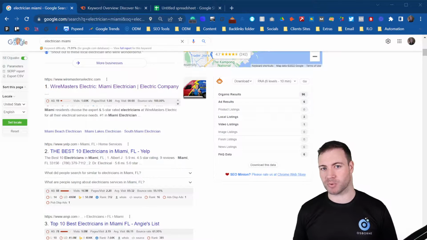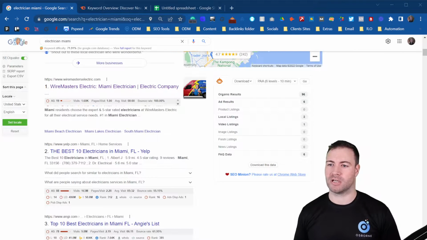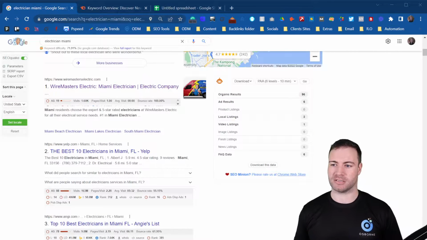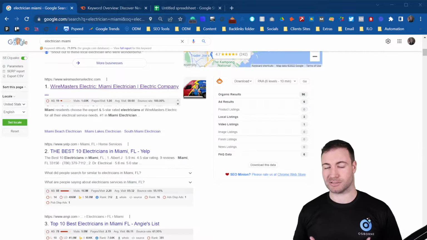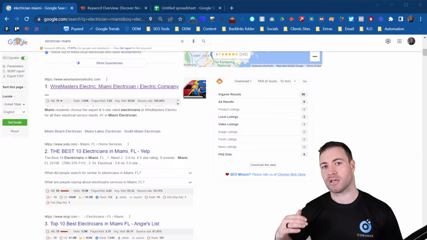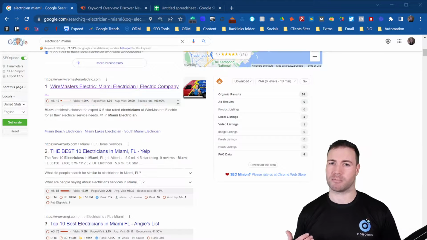Those components we will cover a little bit later, but this is why search engine optimization is important for your business. Let's say you are this electrician. That number one spot is going to get 33% of all clicks. That's a lot of clicks. So out of however many searches there are for this specific keyword each month, that individual is going to land 33% of them. Then the next position is 18%. Third position is 11%, fourth position is around, I think it's 8%.